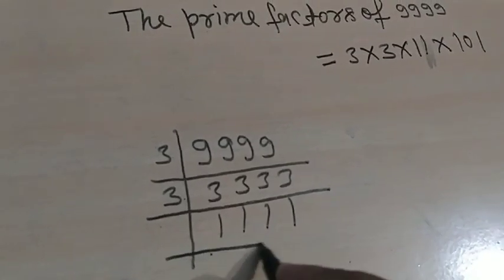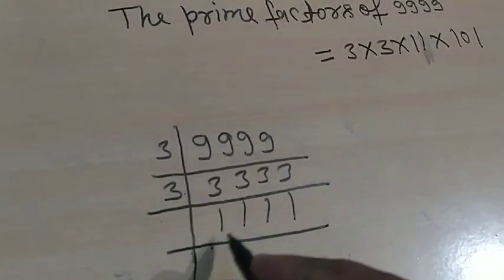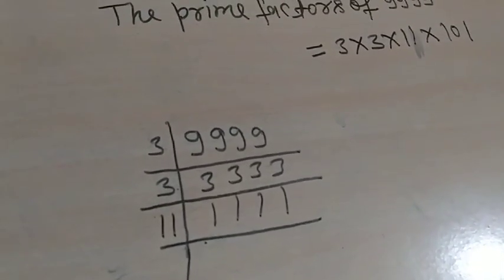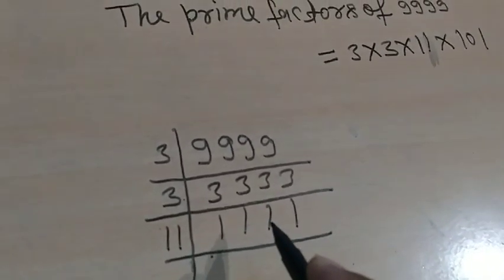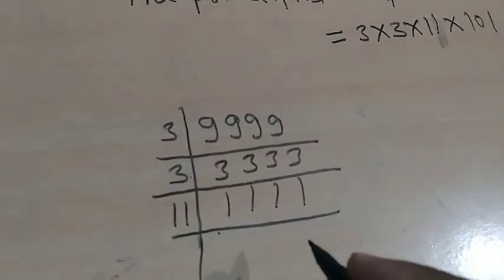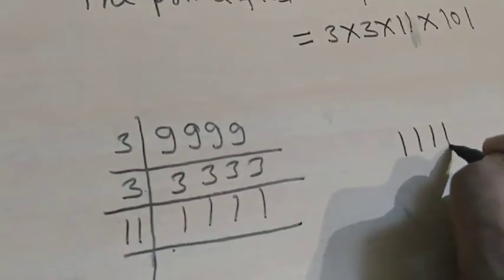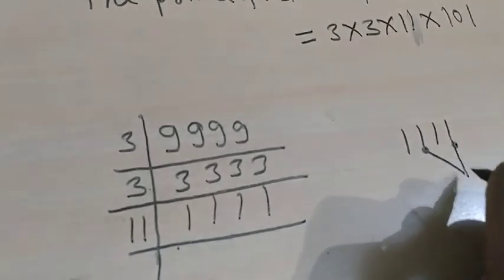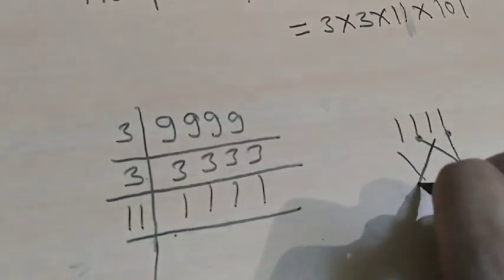For which prime number can we divide 1111? You can see 11 11, so 11 divides it. Okay, what is the divisibility test of 11? If the difference of the sum of the even place digits and the sum of the odd place digits is 0 or a multiple of 11, then the number is divisible by 11. Okay, so you can see 1111. These are odd places, the sum of odd places is 2. These are even places, so the sum of even places is also 2.